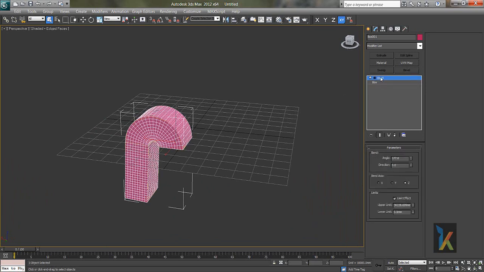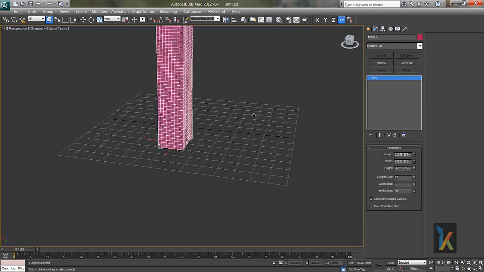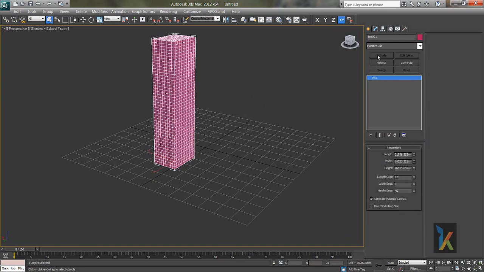I'll just click bend. I don't want it right now. You can see if you click on bend and say remove modifier from the stack, you can get rid of this modifier. So now the second modifier is